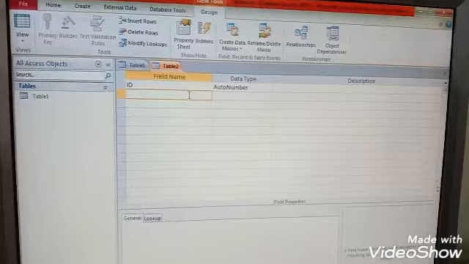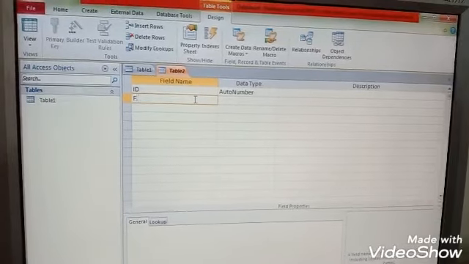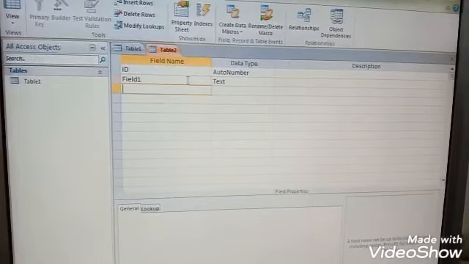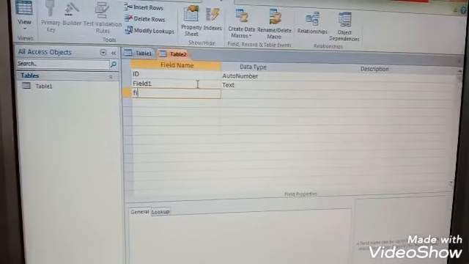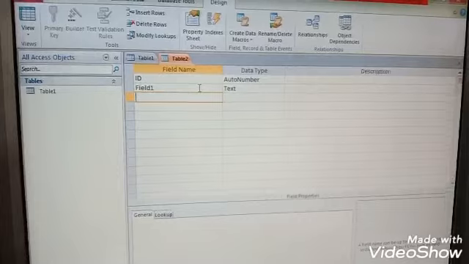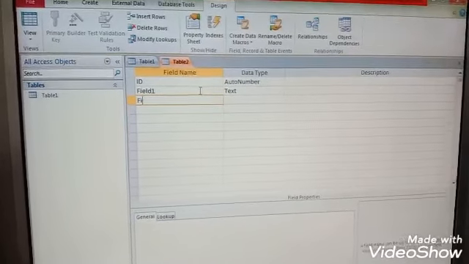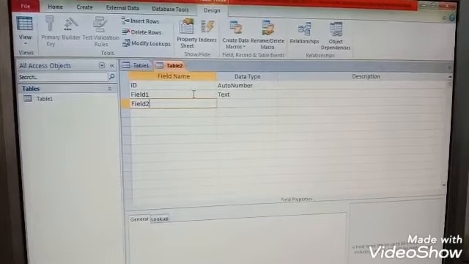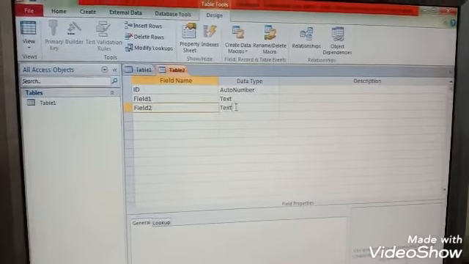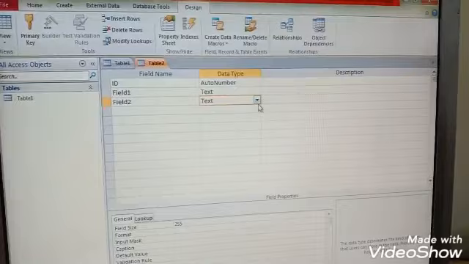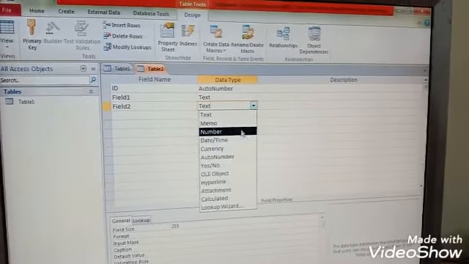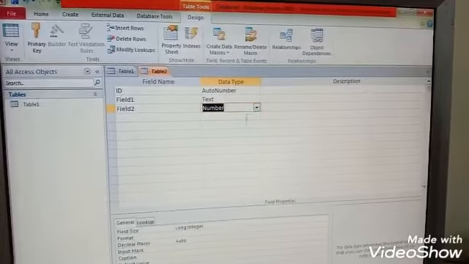Next one is field 1, field 2, you can change the data type of field 2 like this.